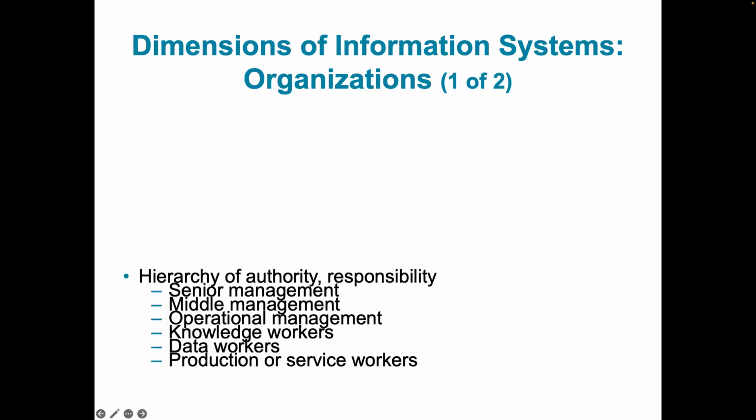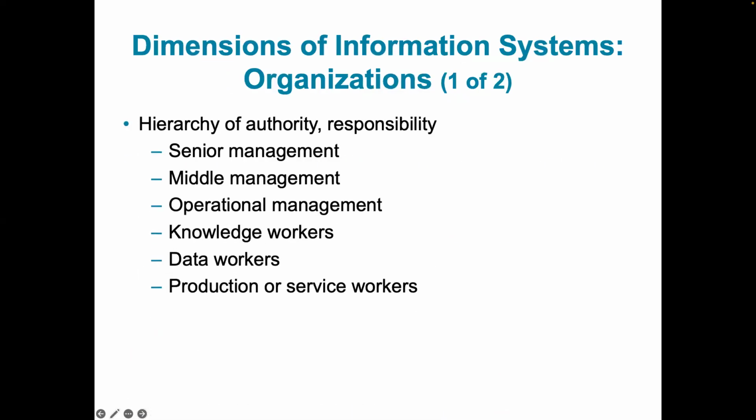Then we also indicated that the nature of the organization is usually represented by a triangle: the apex, the senior level managers, the CEOs, maybe those in the middle, maybe some at the bottom. Usually we see it in three core areas: the strategic, the tactical, and the operational. But instead of looking at the organization from this perspective, we could also look at it in terms of what happens, not where you sit.